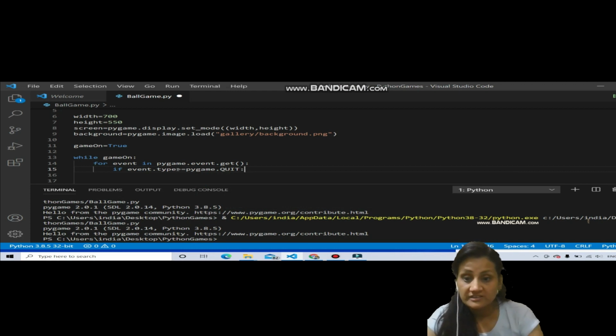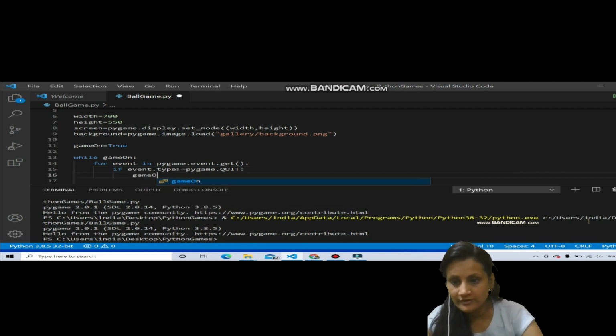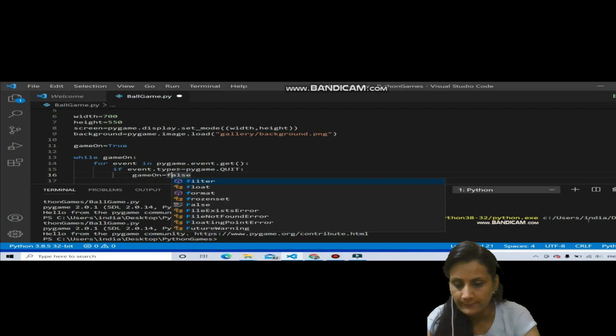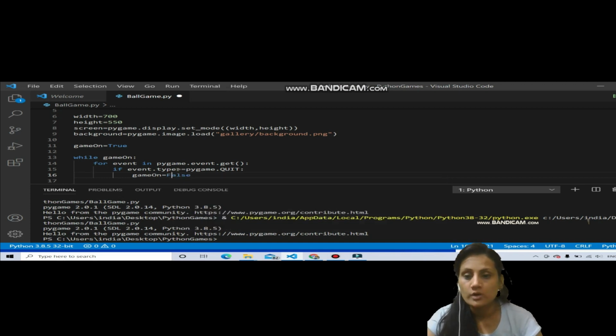If it is quit, then change my variable game on to off, that is False. F must be capital, sorry. This is a rule, or we can call it a syntax. Syntax means the rule of writing a command.